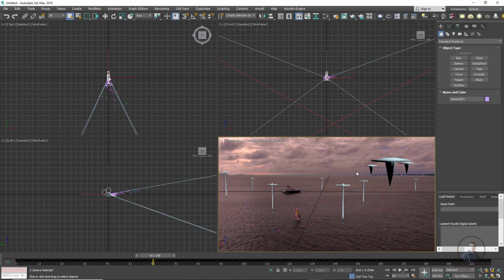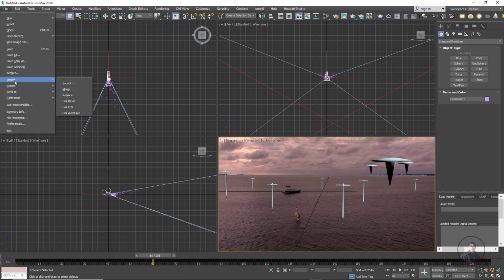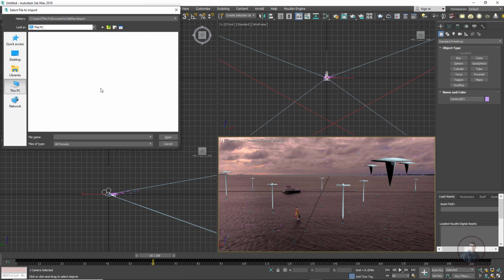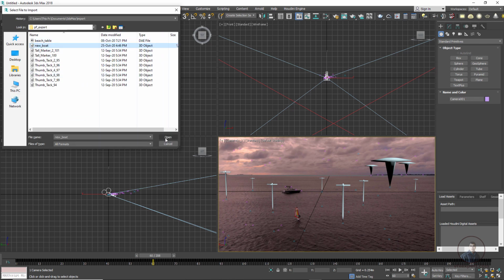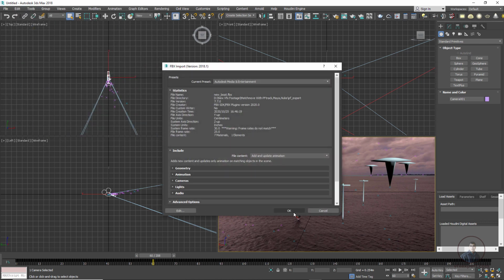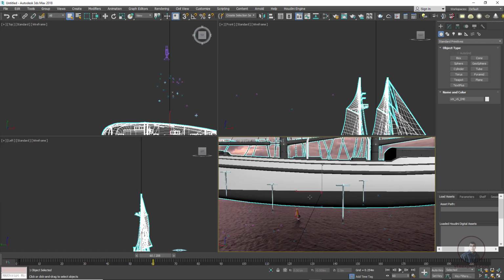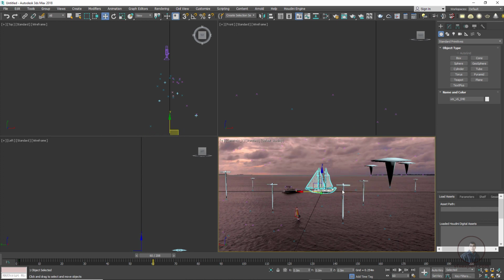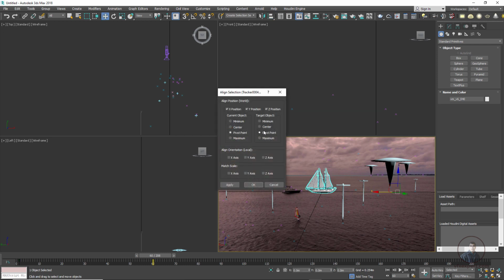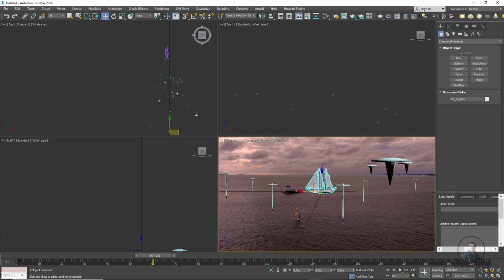Now we have to import our model here, then click on file, import, open here. Okay, now select and let me resize this one here. Now move it a little bit here. So I'm going to place this object onto this point here, then select and click on align, then select points. So pivot center point and XYZ position. Now press OK. So now you can see.